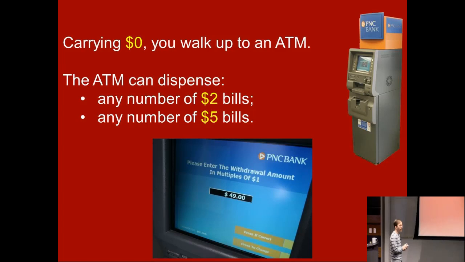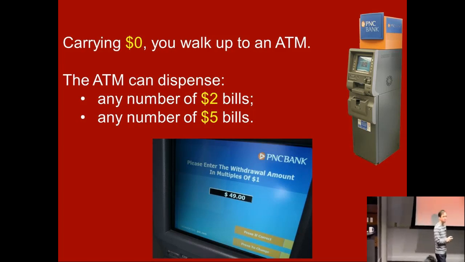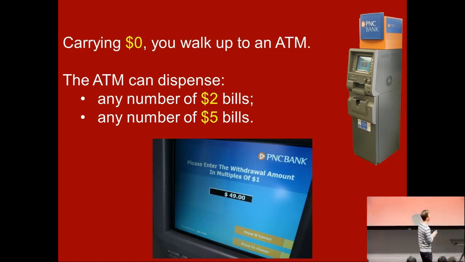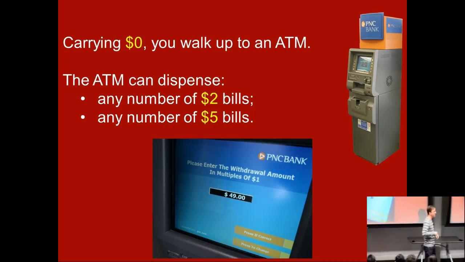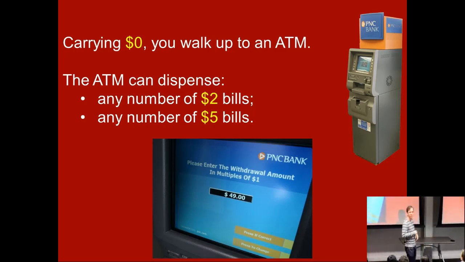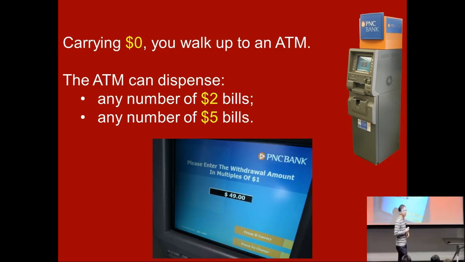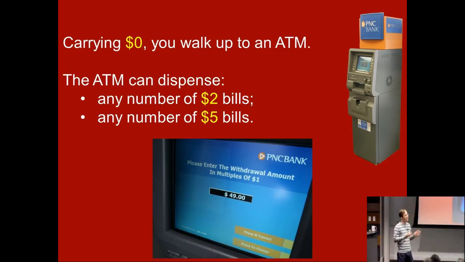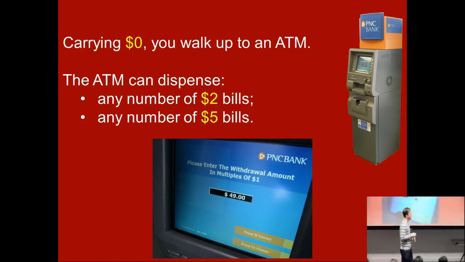Yeah, unless this seemed like an early advertisement for PNC Bank, I chose them because some of their ATMs had this amazing property. I don't know if you've seen this one, where they can dispense multiples of $1, which is awesome because most ATMs will give you multiples of 20. You ask for $50 and they're like, I can't do it. But some of them, I don't know if the one in third floor can do it, can dispense even $1 bills. And whenever I see it like this person, I'm always like, yes, I'm taking out $64 today.